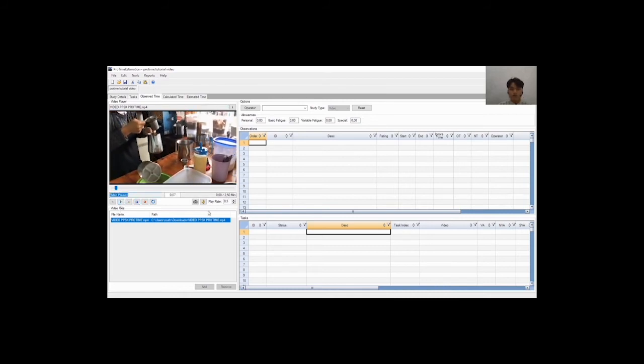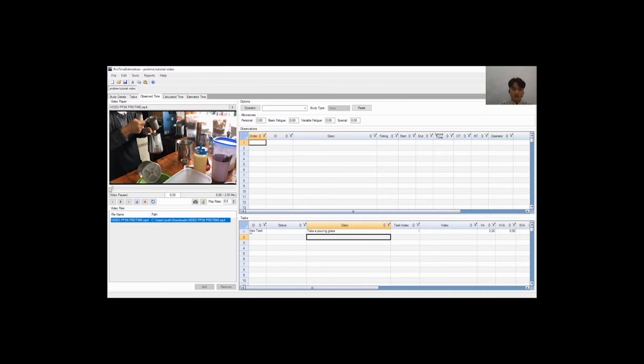The first activity is take pouring glass. Okay, so we write in the description of the task, take pouring glass. Okay,